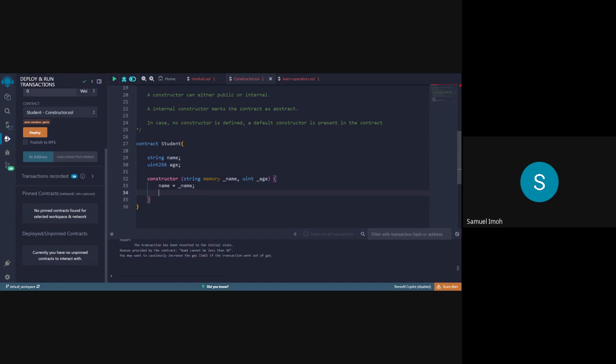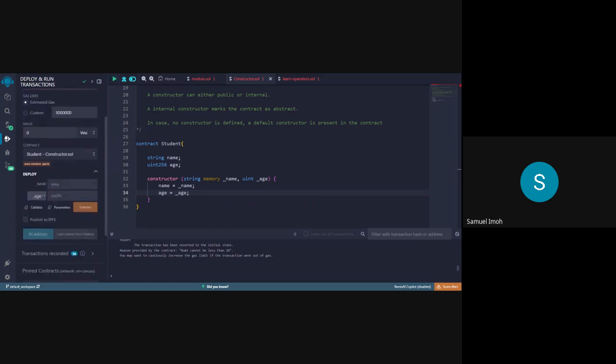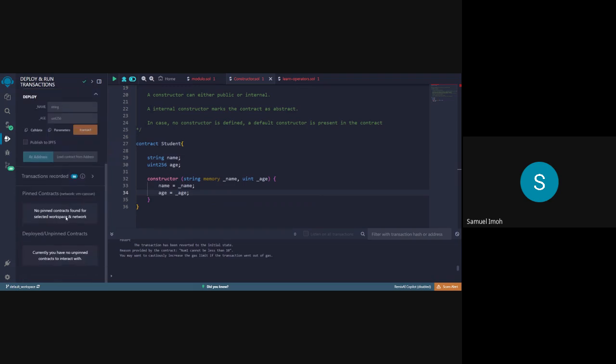I'm going to say this age, the age in the state variable, is equal to this age. So we are storing this age inside. So if we deploy, you will see that once we deploy, our contracts